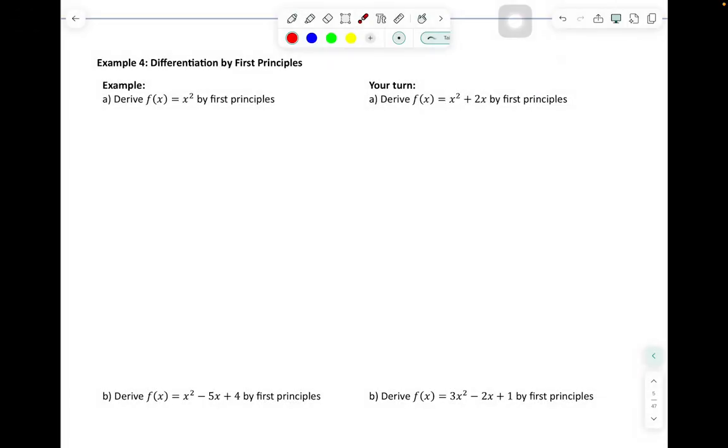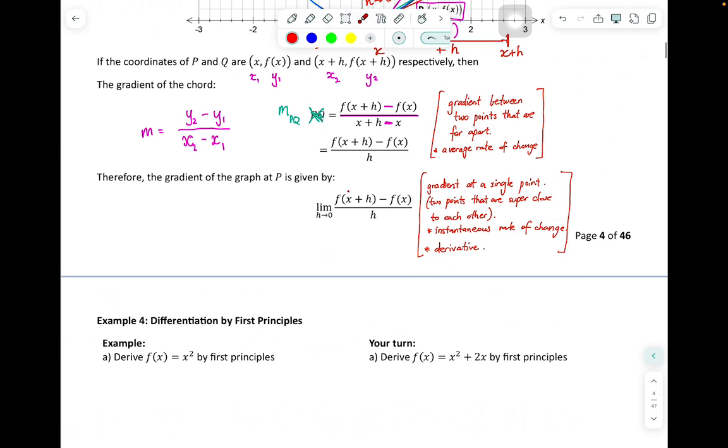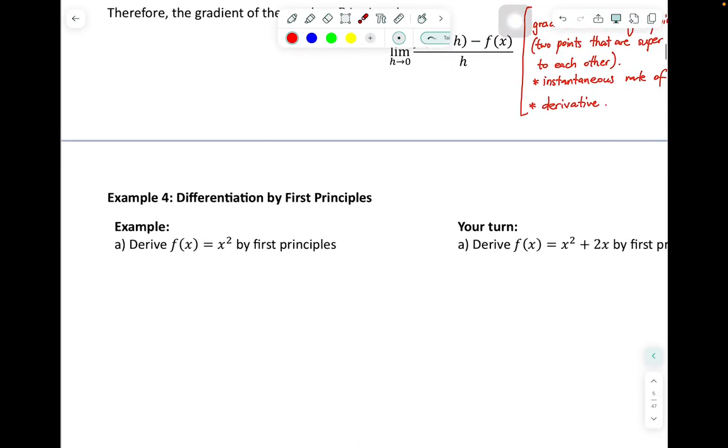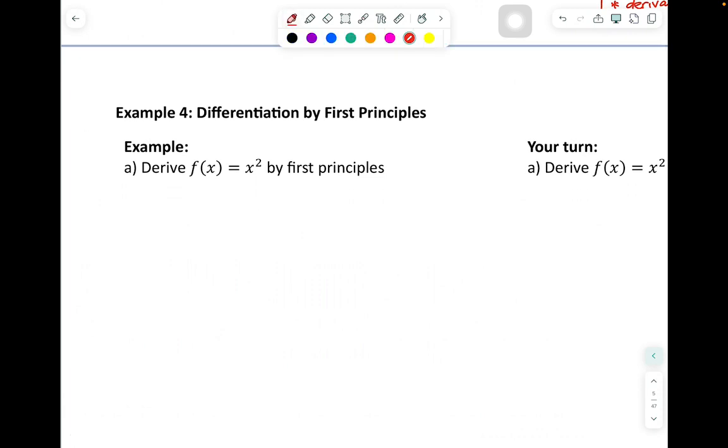In this video here, we will differentiate by first principles, which is essentially using this formula above here. We will also apply the limit where h is equal to 0. So, in order to apply first principles, we need a few ingredients. First of all, I will write out